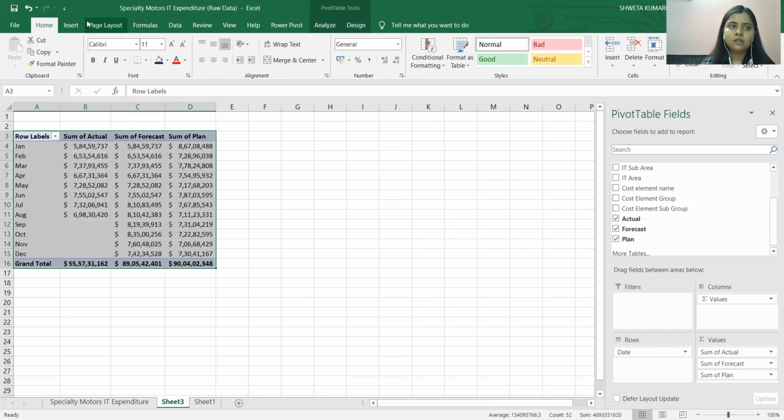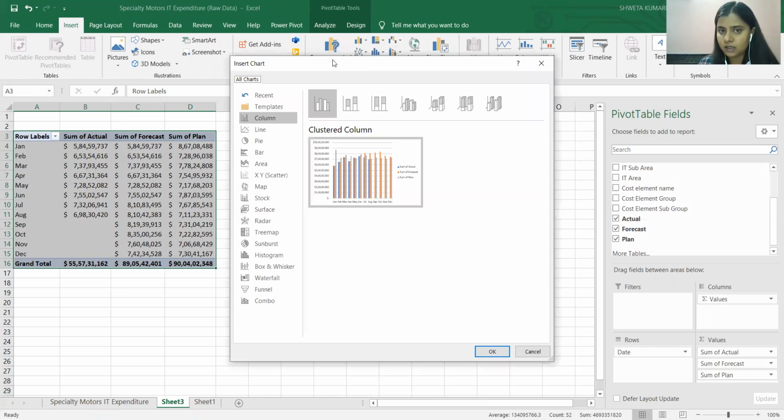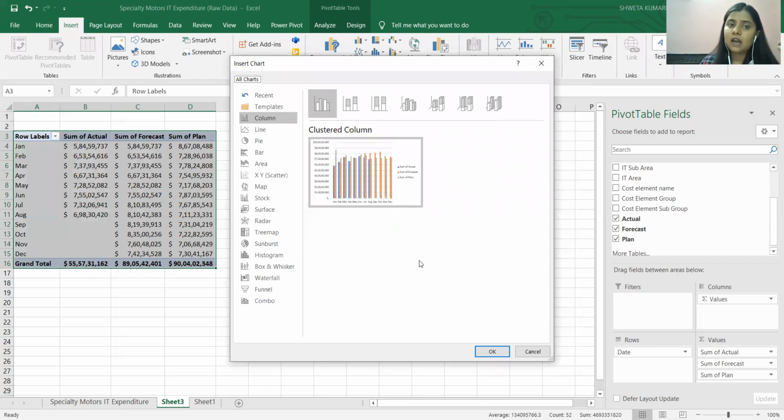So now we need to make a chart. We go to insert. We can see here that we have recommended charts and normal charts. We can choose either way. If we already know what we want, then we can directly choose from here, or we can go to recommended charts. Here we can see that they are recommending us bar chart, but I would rather prefer to go with